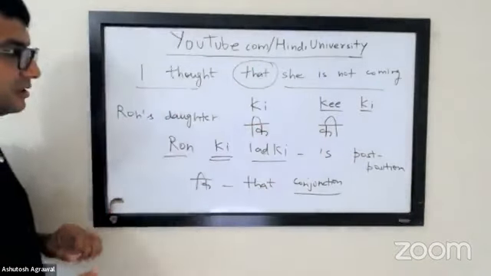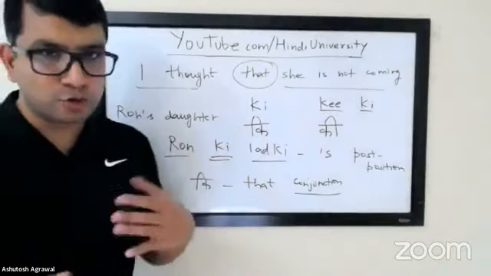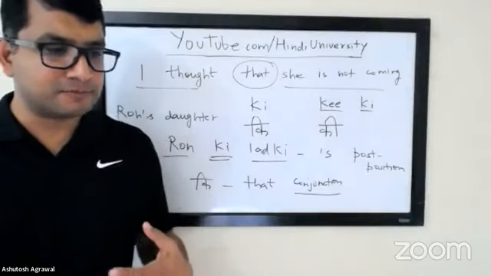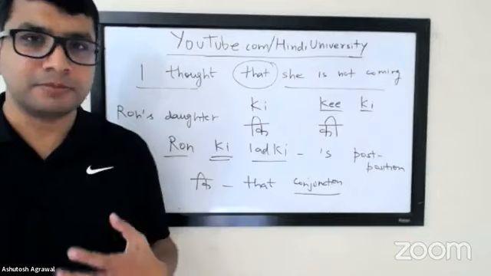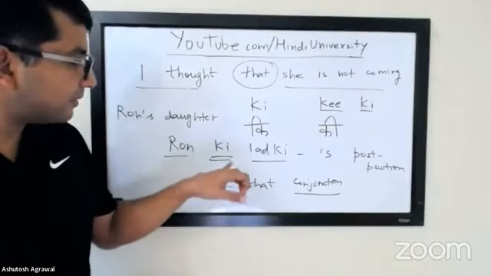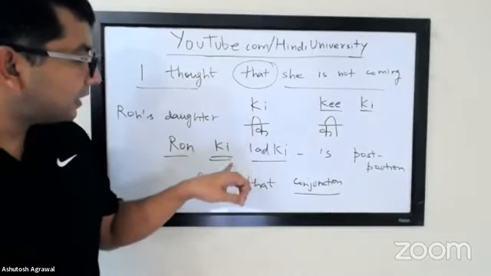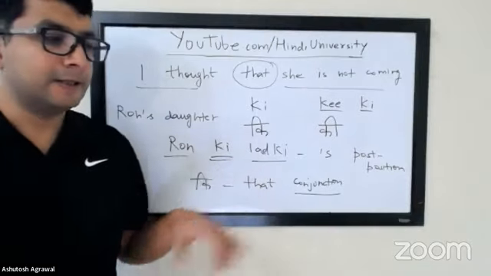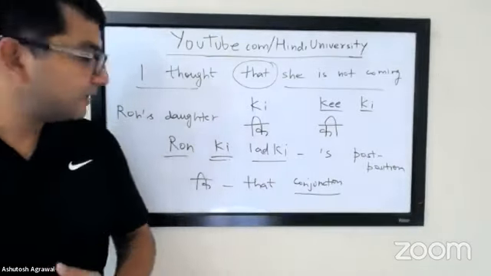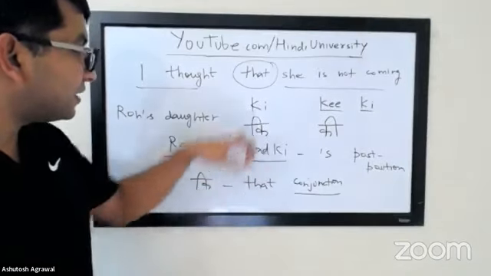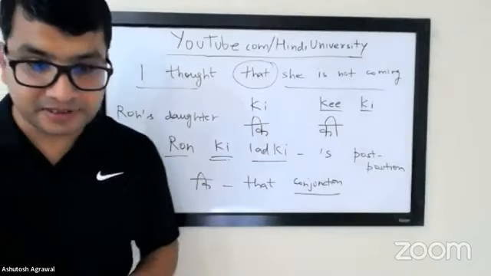Right. So right now you don't have to worry about it, because in day-to-day language you will not really encounter that, but in the written form it becomes very important, because ki can be a post position, like Ron ki ladki, aaj ki baat, today's topic. And similarly, this one is a conjunction, used when you are combining multiple sentences.